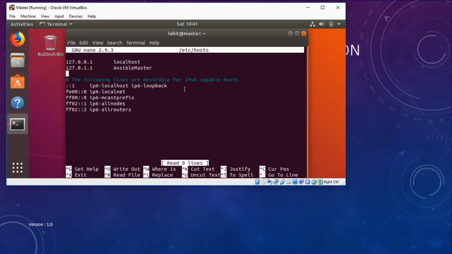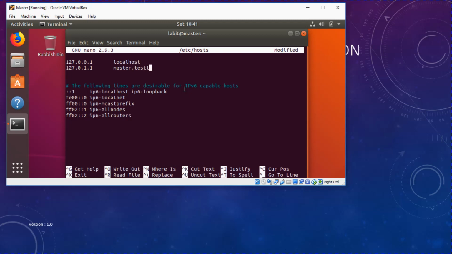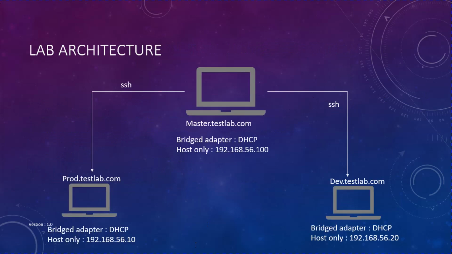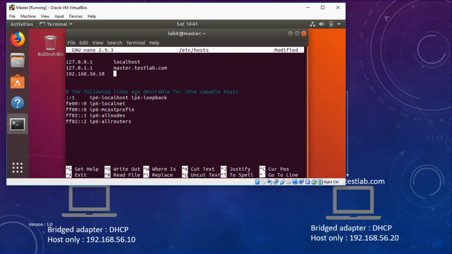Now in the host file under IPv4 settings, first let's change the localhost to master.testlab.com, and then we need to type in each of the IP addresses for the remote machines. So 56.10, and then type in their names. So 56.10 is the prod server. So let's type that in, prod.testlab.com,